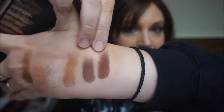Let me put some of the mattes on here. But look at some of these mattes. And it's a great formula, they blend easily, they pack on the eyes, and again, very affordable. And if you're a neutral lover, I think you would really enjoy this. This is something you could wear to work every day. You know, I'm a teacher and I would feel comfortable picking through this eyeshadow palette every day versus the Flamingo